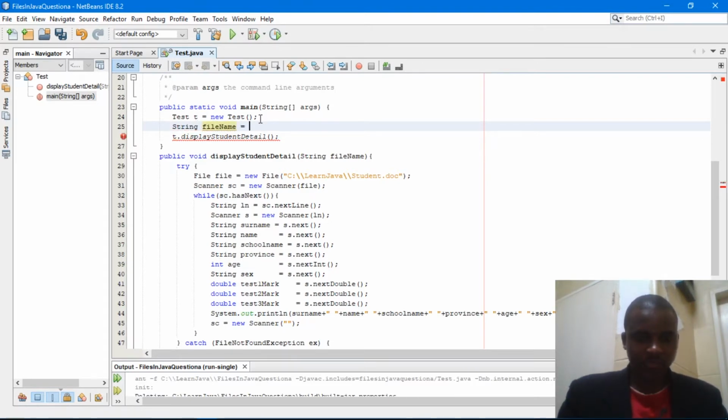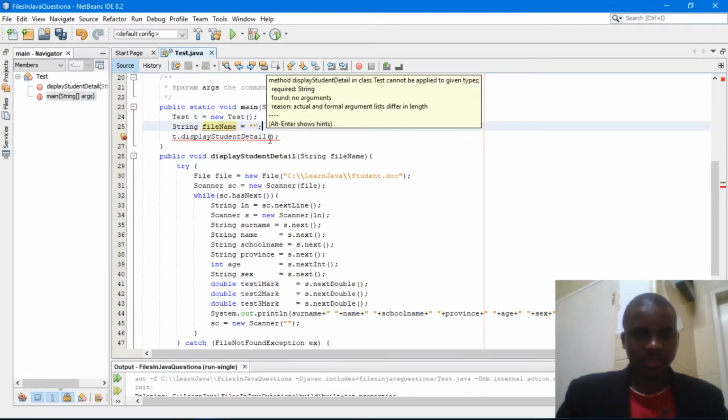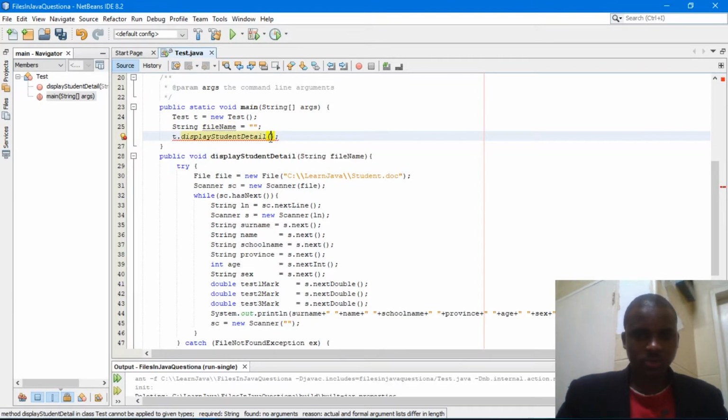Then here I'm going to pass fileName. So what are we going to do? We are just going to ask the user to put any file name that he or she wants to read from.